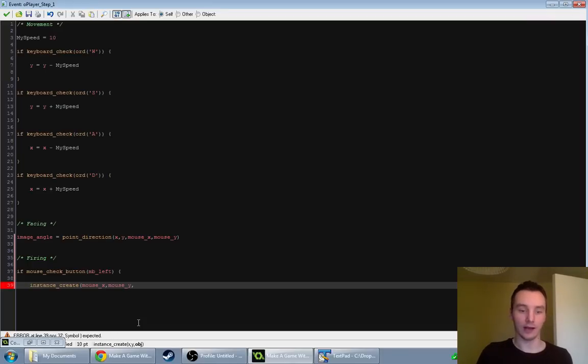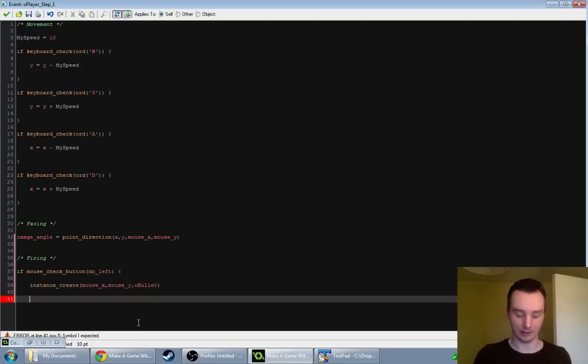And then now we type in, we want to create a bullet object, and we made a bullet object, and we called it o_bullet, so we type in o_bullet. And then we just close bracket. And that is all we need to actually create the thing. And now we just close the curly braces, which is shift and